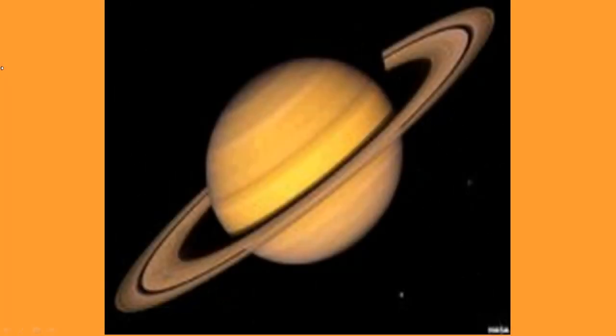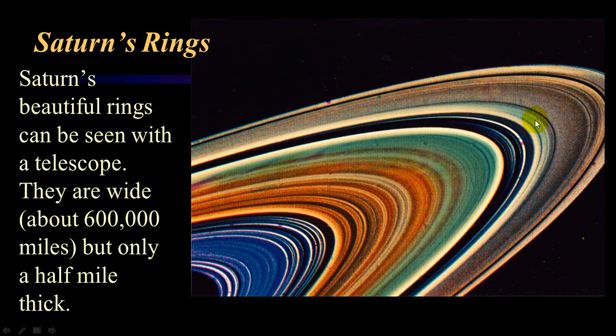So there's a picture. That's an actual photo that we've taken, and you can see there's a moon right down here. The shadow of the planet is on the rings right there. So notice how those rings have different little stripes. It turns out that they have these regions where there's not very much activity. Now, see that right there? Those things are actual moons. Those must be some of those shepherding moons right there. And there's a bunch of them, right? So you can see them with a telescope. So if you have a telescope and you can look up, if it's visible in the sky, try finding it.